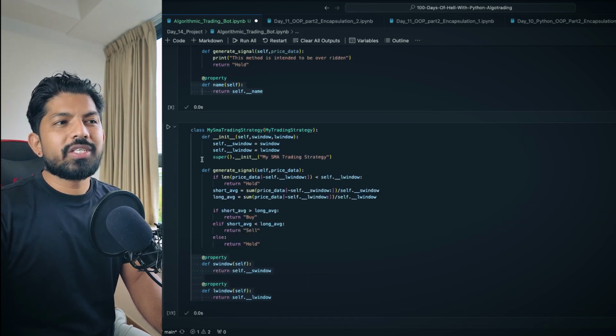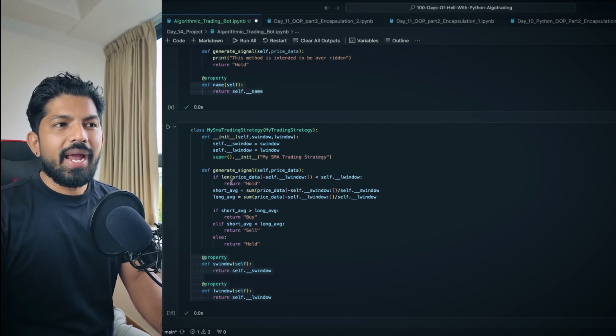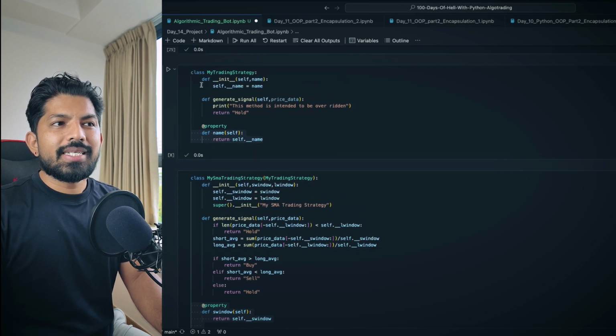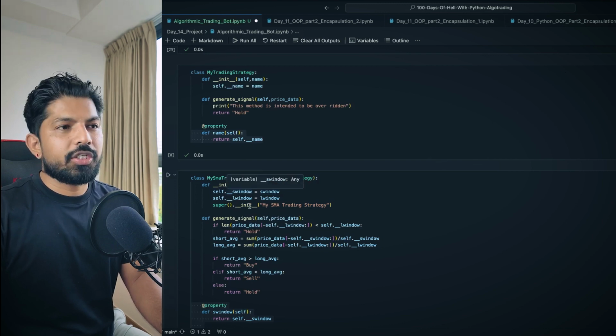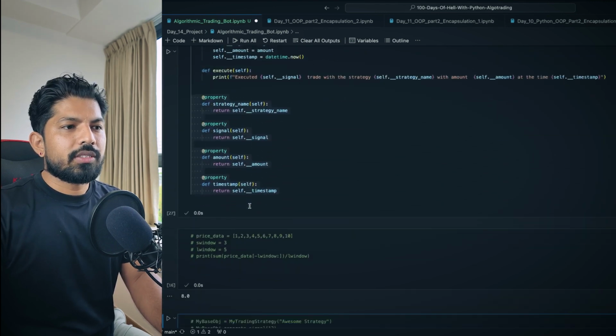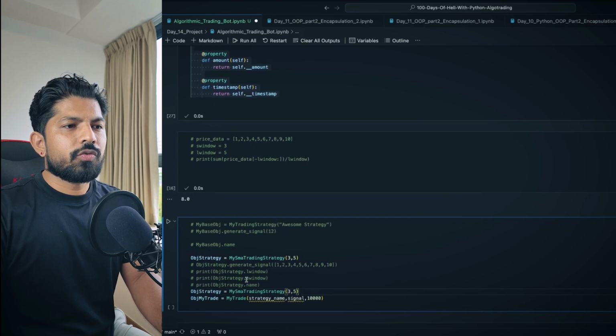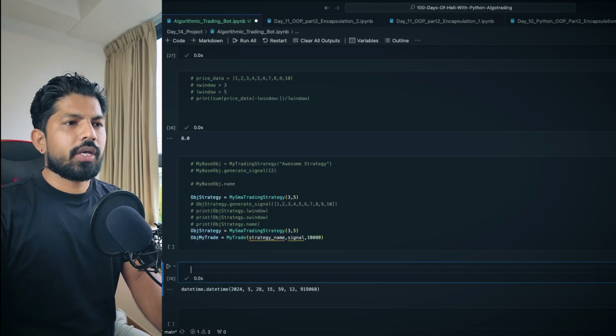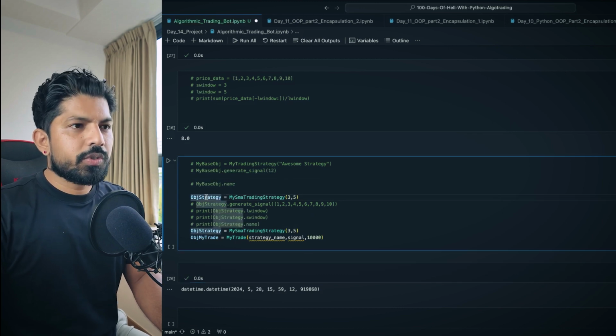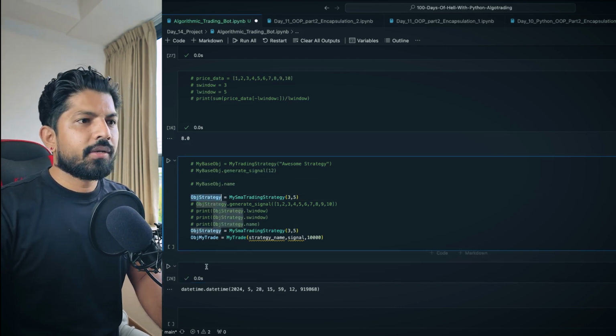So the object of this class should be created, and with the help of that object we can call this, because this class has been inherited to this one. So object name dot name will give us the strategy name. Let's test this. We know that this is the name of strategy, right?